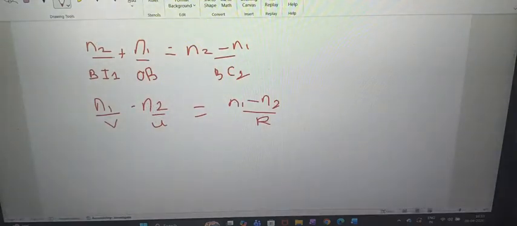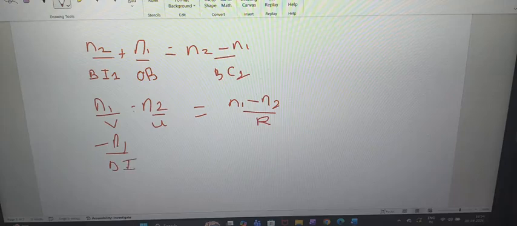Now let us see this. For image distance, it was di. Again, though it is towards the right, I am considering it as negative because both the object and image are at the same side. Then a real inverted image, if we normally consider one mirror, we used to consider everything to be negative. So here I will consider negative di. So then it will become negative n1 divided by di. Negative will get cancelled. It will become positive n2 divided by di1.